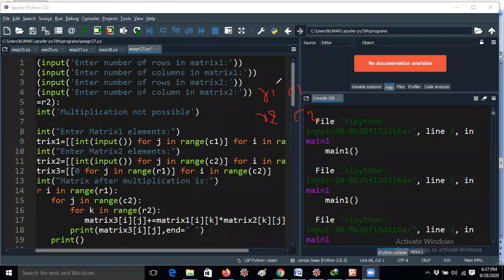Whenever I told you, for example, if I am giving 2 rows 3 columns and 3 rows 2 columns, in the result matrix we will get a 2 by 2 matrix, right? How are you getting a 2 by 2 matrix? This is R1, this is C2. You know that, right? That's why in the third matrix you have to take R1 in brackets and C2 in this. That's absolutely fine. It is correct only.